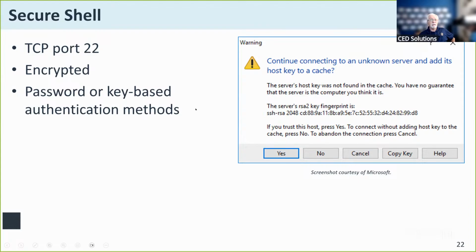Now, this guy here, I told you the other day about a client program called PuTTY. This is also another remote connectivity method. It gives you command line access. Okay. Now, Secure Shell operates on port 22 by default. It is not a native Windows protocol at all. It's been around in Linux, Unix, primarily Linux, for years. But in order to implement it on Windows-based machines, you have to have some kind of client program.